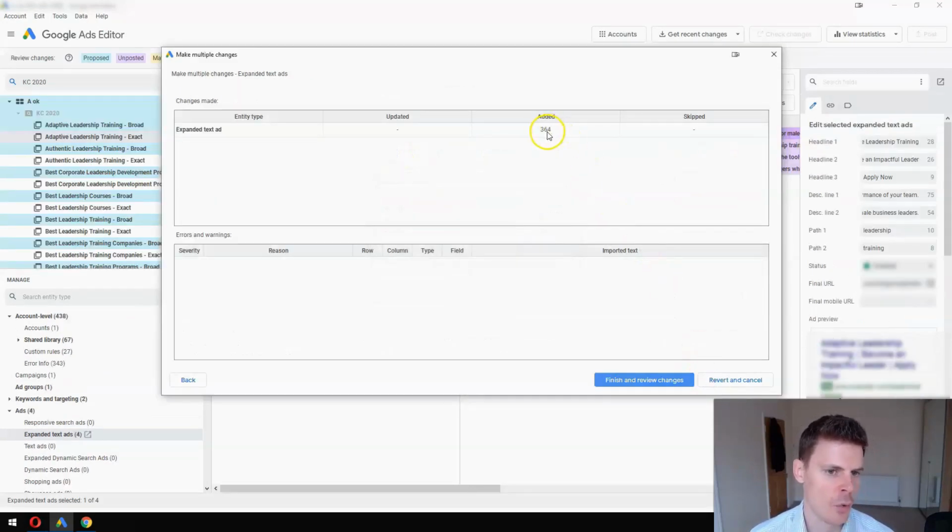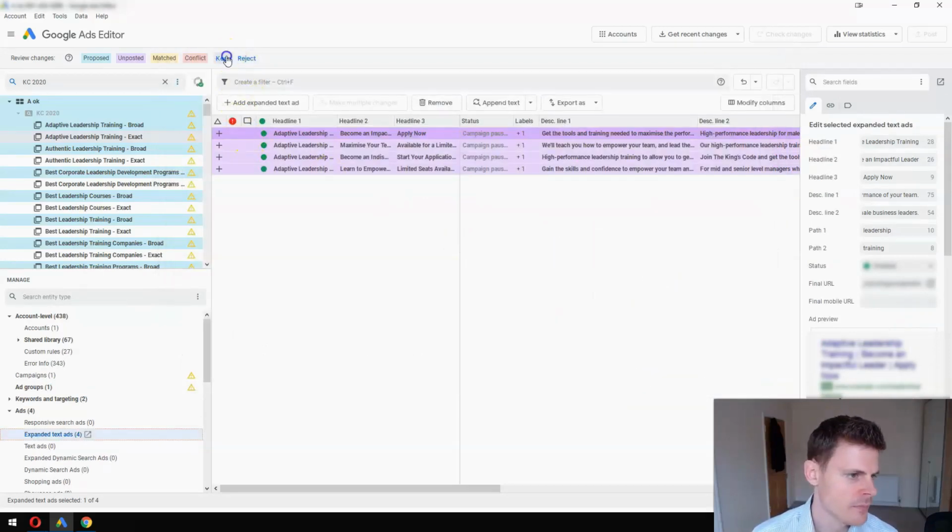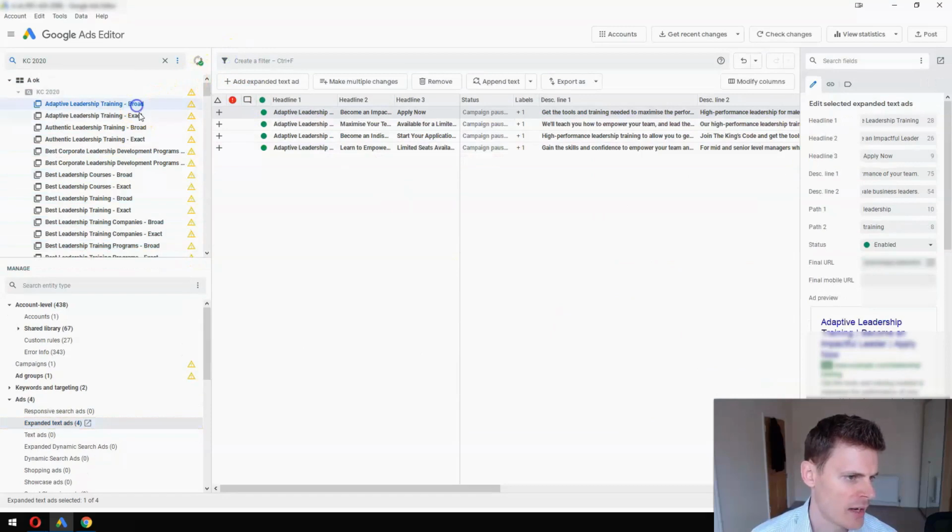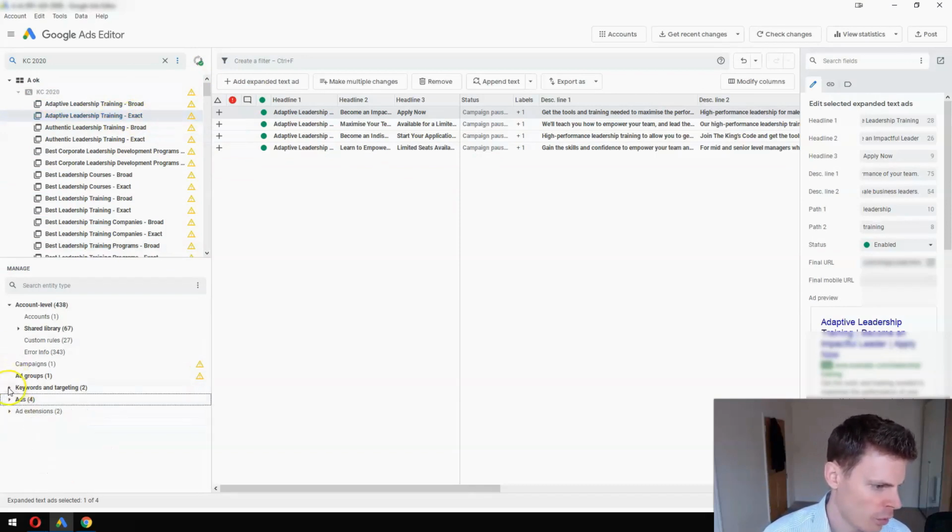And now we've added all of the ads for the broad and exact ad groups. And you can check all the ads now. Make sure everything is as it should be, because next we are going to import all of the data into